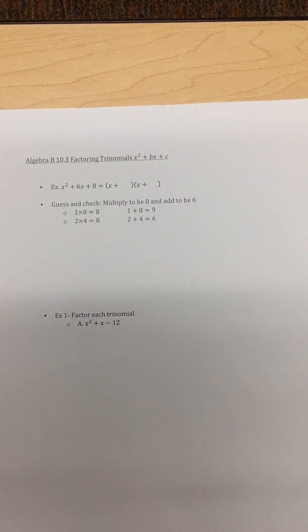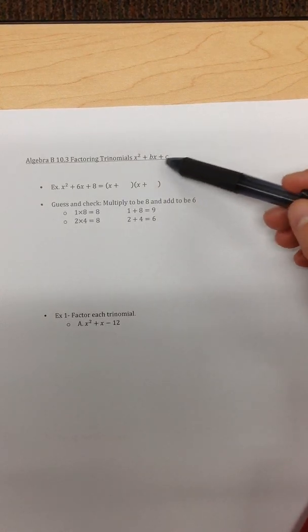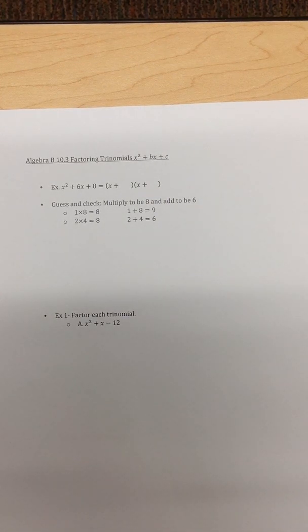This is section 10.3, factoring trinomials in the form x squared plus bx plus c. That basically just means there's a number with the x and then a number at the end there. Alright, so what we're going to do is, again, it's kind of the reverse of what we were doing last